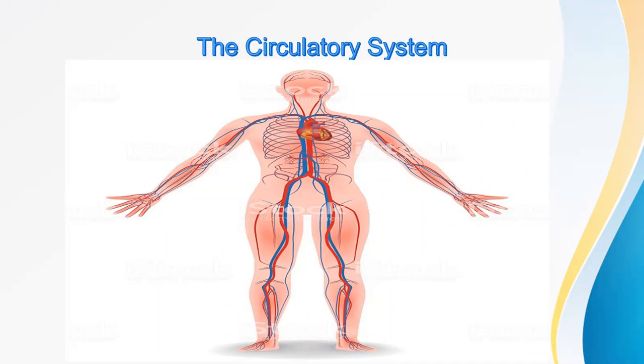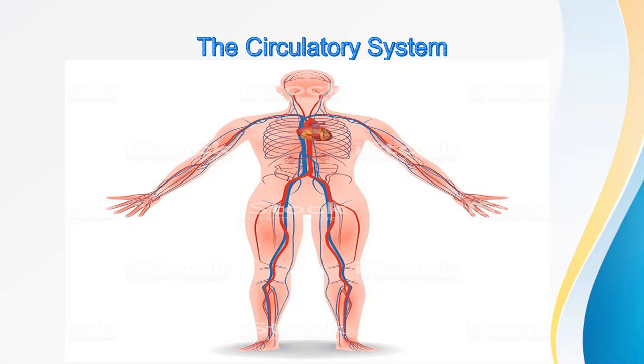Let's see the word: cardio. Cardio is heart. This is a heart. Vascular is nothing but the tubes. Inside the tubes, there will be a blood flow. All of this together we call the